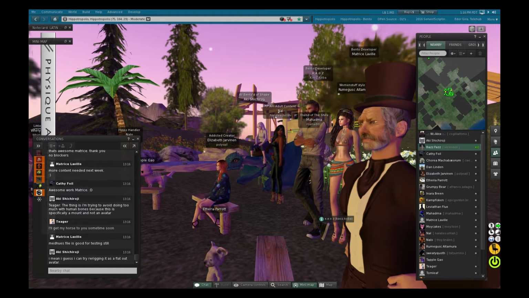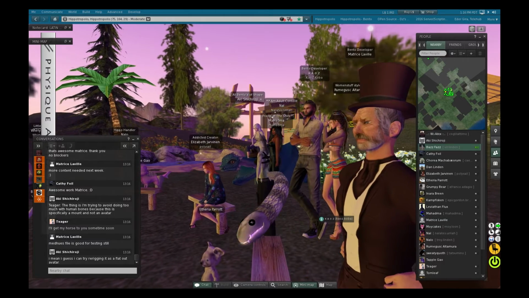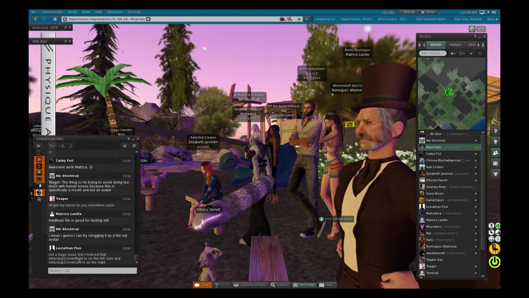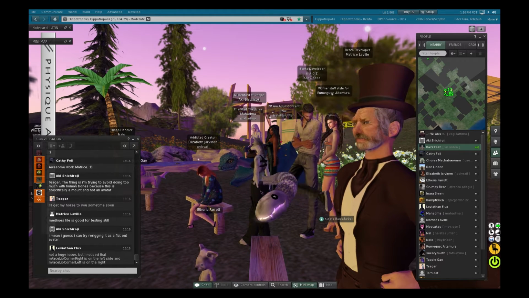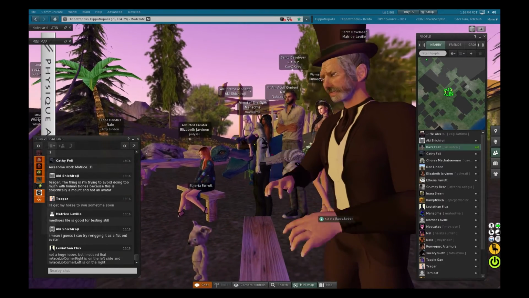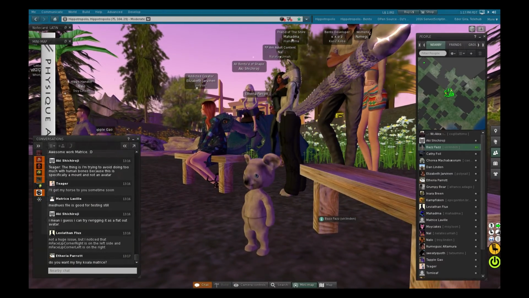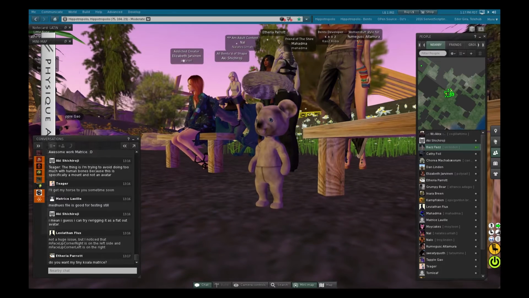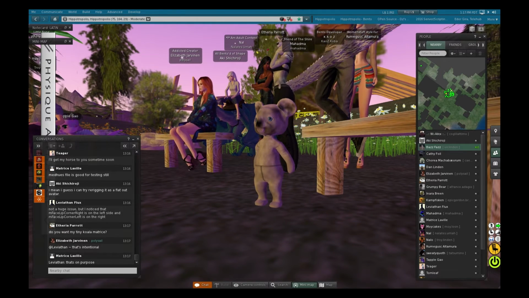But obviously the next step is we want to get this out to RC. I think that'll get the viewer tested by a wider range of people, not just content creators, but also people who are using the product for other activities, which will give us a better idea about stability or other possible issues. And of course, it's kind of the last stop before we go to release as well.